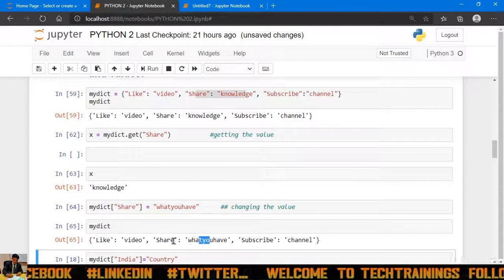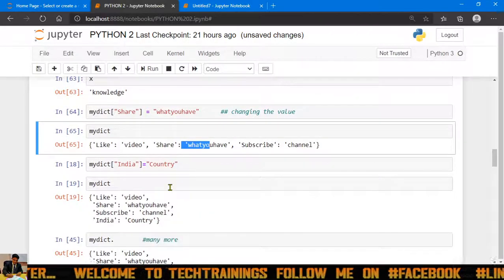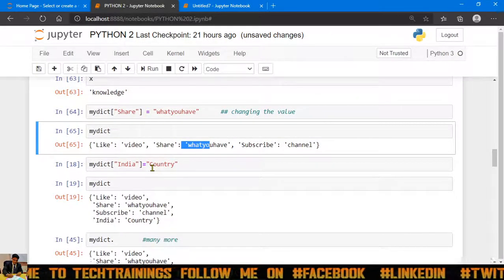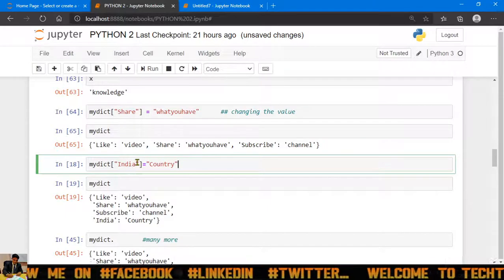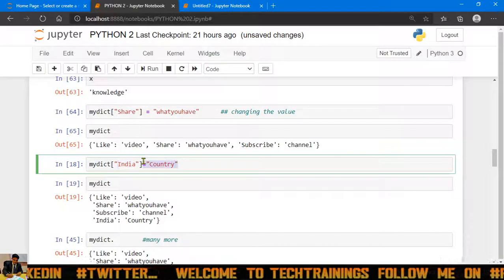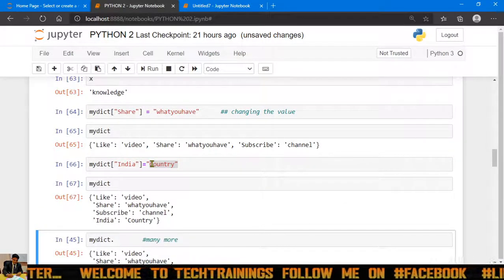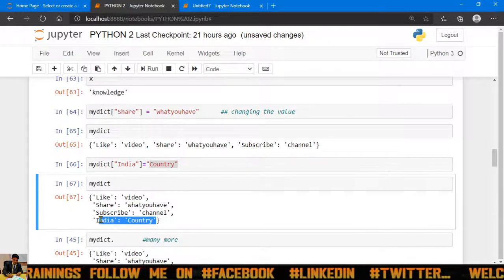Next, if I want to add a new key and value, it's possible in a dictionary. Just use the same format, give the new key and new value and hit shift enter so it gets executed. You can see over here it gets added.